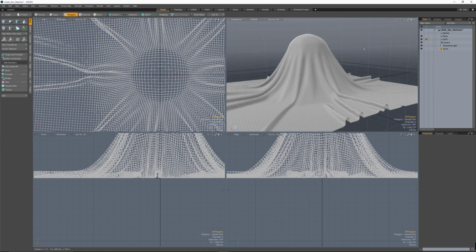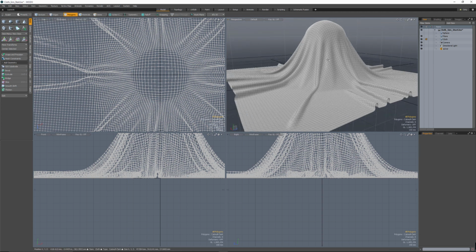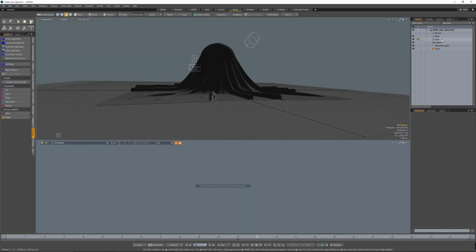So there we have it. We've got a basic cloth sim. We've looked at some of the basics of running a cloth simulation, some things to look for, and now we've got something that we've turned into a renderable asset for a scene. Just one last thing to note here, let's hop back over to the setup tab,